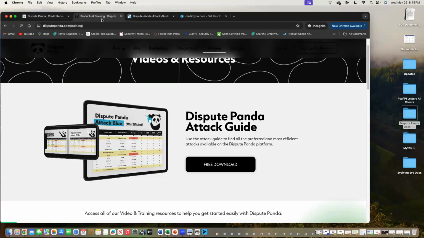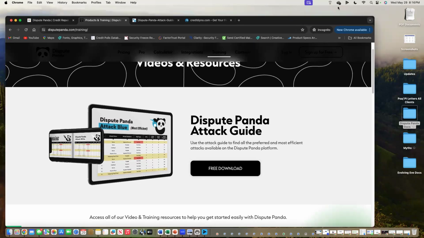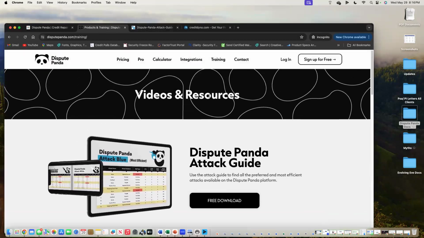And then as you learn and grow and you track what you've been doing, you're able to know which letters you might want to put together and curate for yourself, because I use this guide, but I also have a free form tool that I use as well within the system of my own set of letters that I use because I've been using the system for a while, right? So as you guys start to use the system, you'll track, hopefully, what you've been doing and how the letters have been flowing. And that way it gives yourself a little bit more time and grace to know, okay, this vendor gets off with this round when I did this attack. And that way you can be a little bit more impactful when you're going to dispute for your clients, okay? So that is one. Let me go ahead and go back up to contacts.